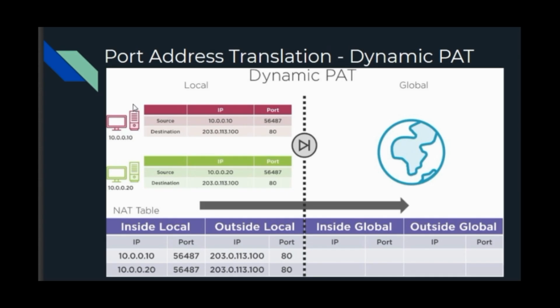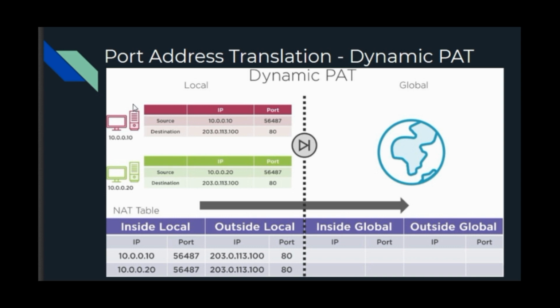In this section, we are going to discuss port address translation, dynamic PAT, and dynamic NAT with overload. As we discussed in the previous section, port address translation is another type of dynamic NAT which can map multiple private IP addresses to a single public IP address by using a technology known as port address translation. Here we can see the example of what happens when a client from the inside network communicates with a host on the internet.